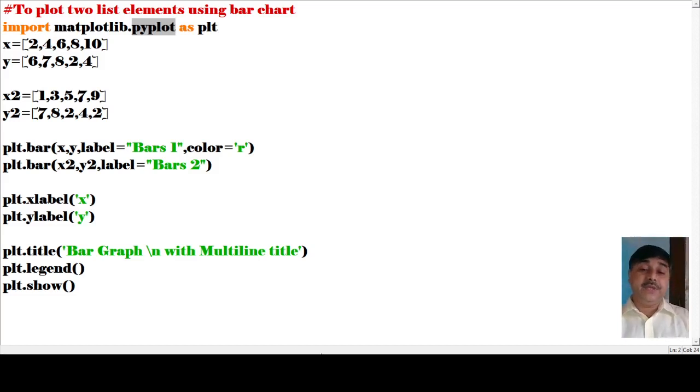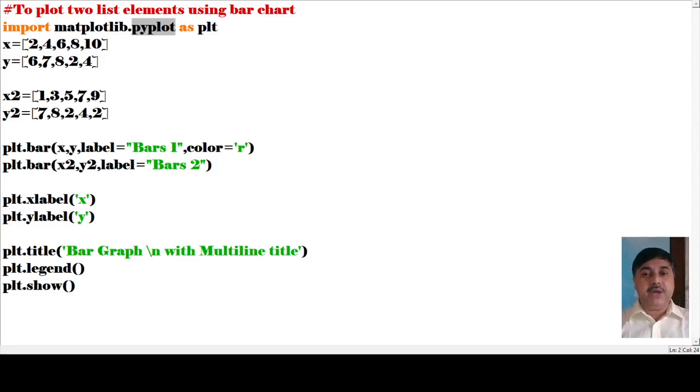In this program, first and foremost, we are importing matplotlib.pyplot.